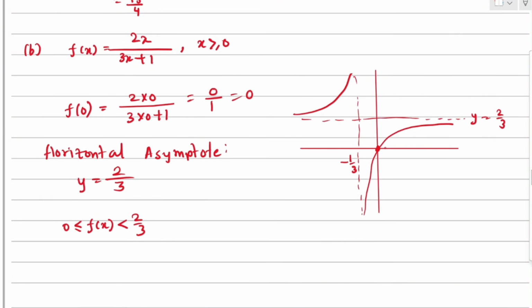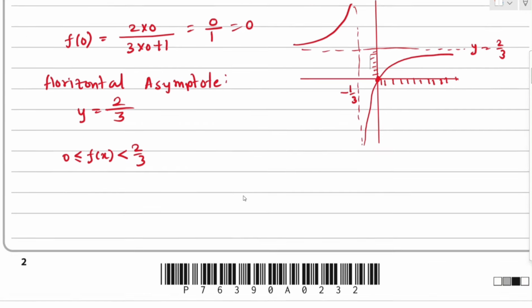Now from this we can clearly see that for the domain x is greater than or equal to 0, the possible outputs for our function f is greater than or equal to 0 but less than 2 by 3. So our range is correct. So this is the answer to part B. Now for part C,